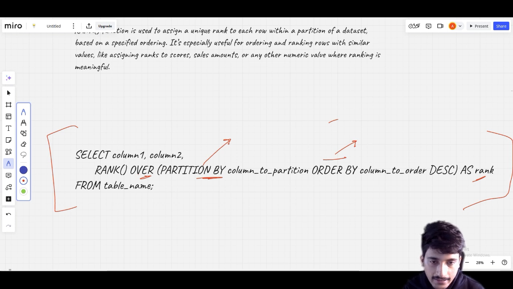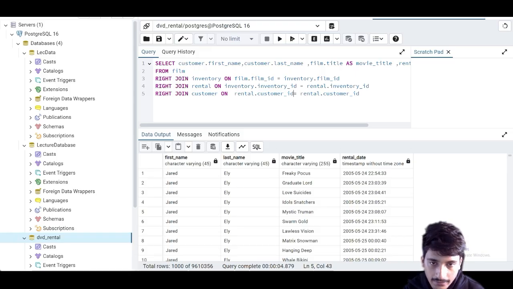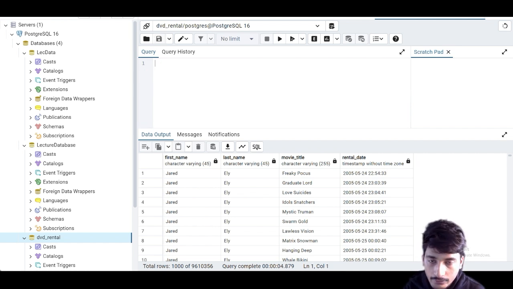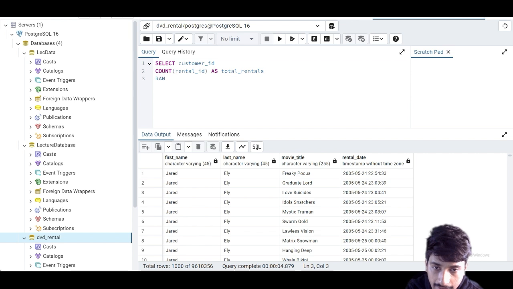A better way is to go directly hands-on with the rank statement. So what I will do is make a rank statement here. First we select customer ID, and we are doing this in the rental table. Now we need to use our rank statement, and first we need to count the number of rental IDs that have been done. So we need to do count rental ID as total rentals, and then rank over